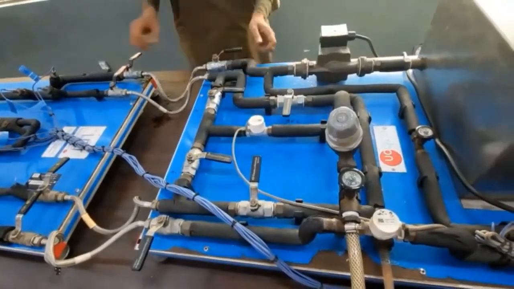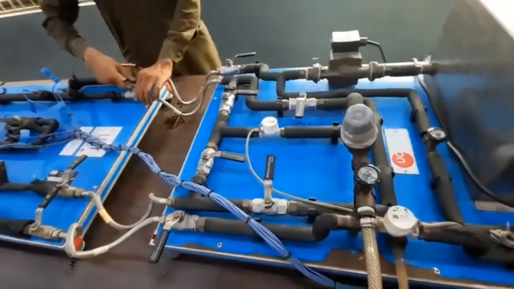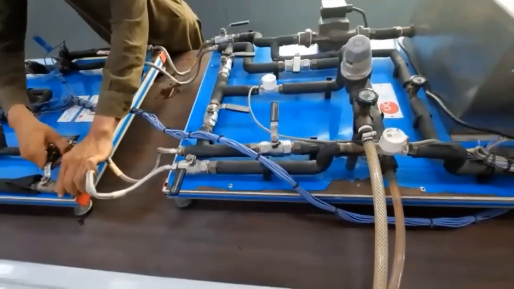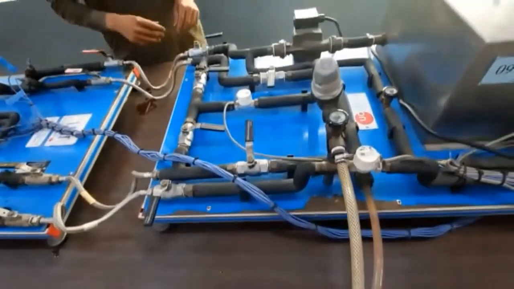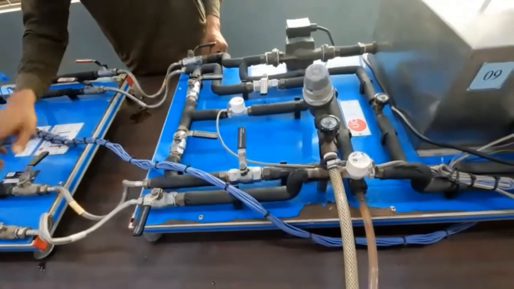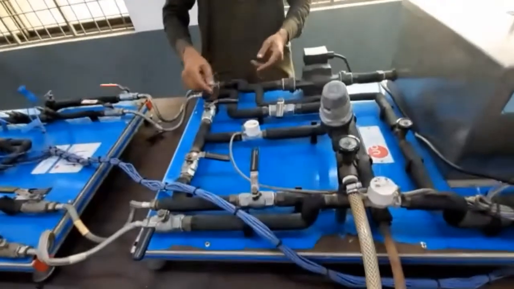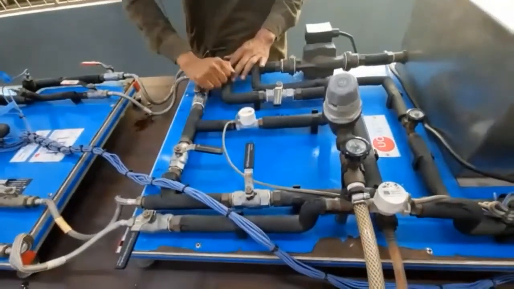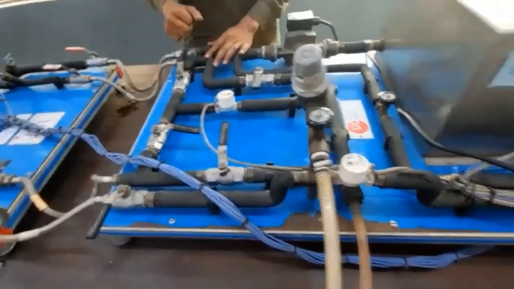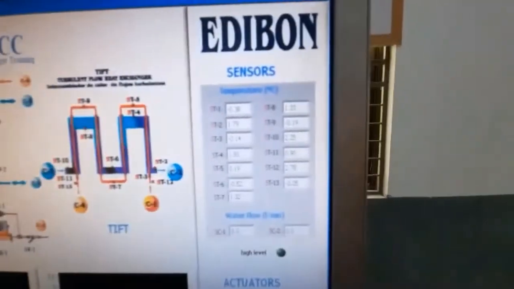adjusting the valves to make the flow parallel. First of all, he will open all the valves on the heat exchanger so that the flow of water from the hot and cold side will be towards the heat exchanger, and now he will adjust the valves on the main console unit to make it a parallel flow. So all the analogy is written in the manual, as to which valve we have to close or open. So now he has converted this into a parallel flow, and we will measure the values of temperature